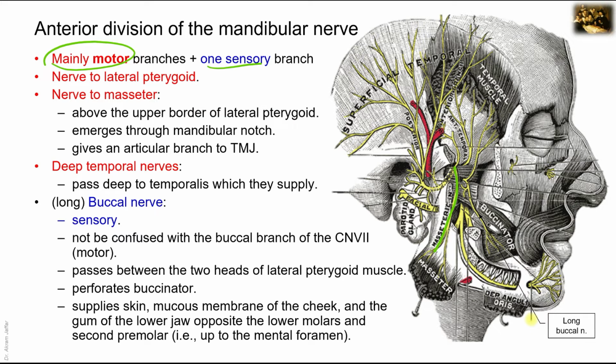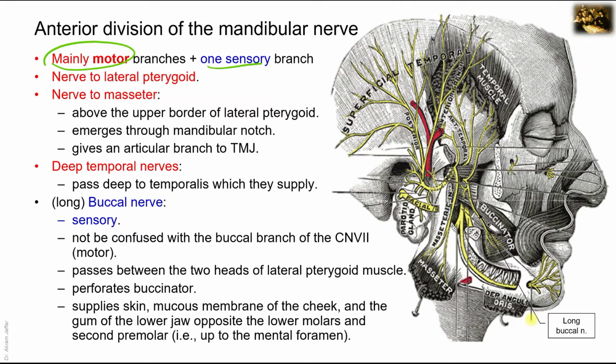It also supplies an articular branch to the temporomandibular joint. So nerve to lateral pterygoid, nerve to masseter, and then we have the deep temporal nerves. These nerves that we mentioned before are located in the temporal fossa, and they supply the overlying temporalis muscle. So these are three motor branches for the remaining three muscles of mastication, because the medial pterygoid is supplied from